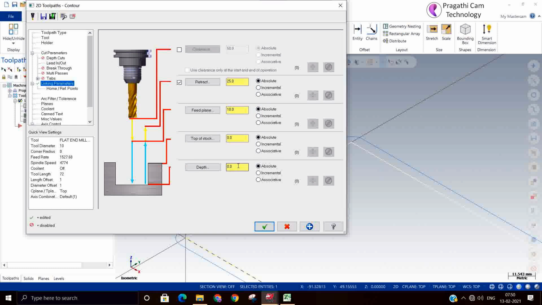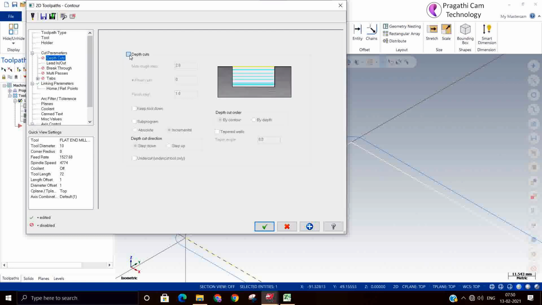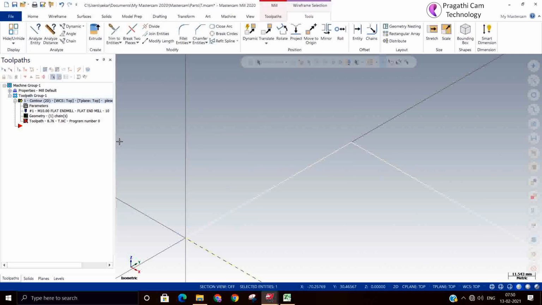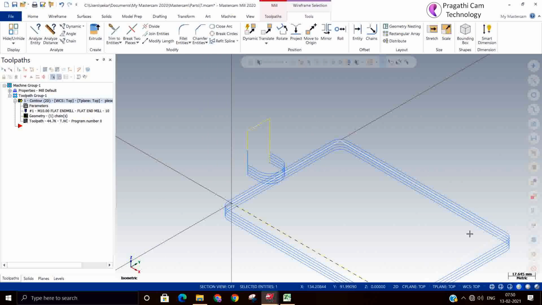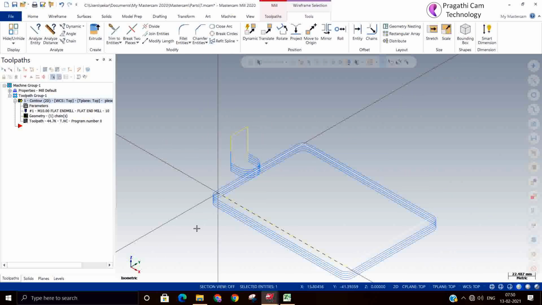But new machines come with huge memories, so there's no need for subprogramming. Now I'm just modifying it to show you the subprogramming, and I regenerate. Now xy is not going to change, but z is going to change at every depth. So for the main program, all your z values will be added, and the subprogram will have the xy coordinates. So this is the subprogram and main program concept.